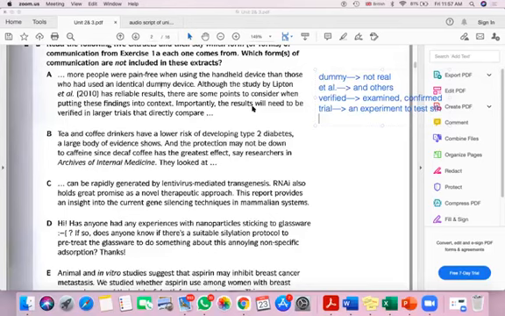For example, when you read from a source, you have to write the writer of this source, Lipton, and the year this study is published, 2010, all right? So this in-text citation means that this part is taken from a professional source. So we can find it in an academic paper published, for example, in a book or in an academic journal.